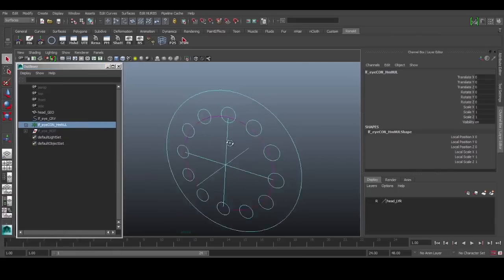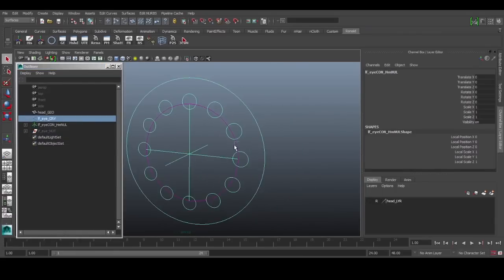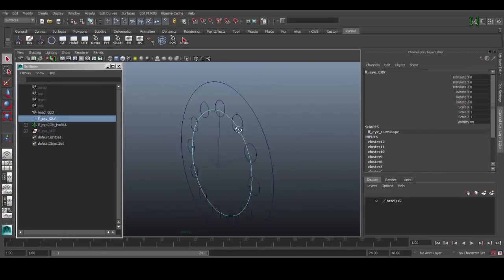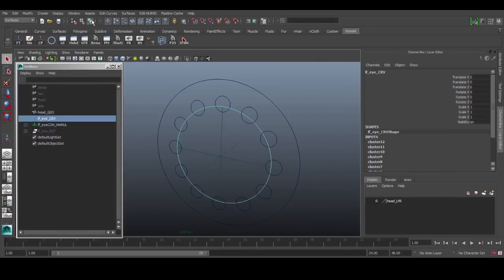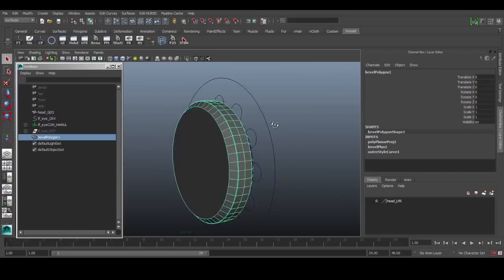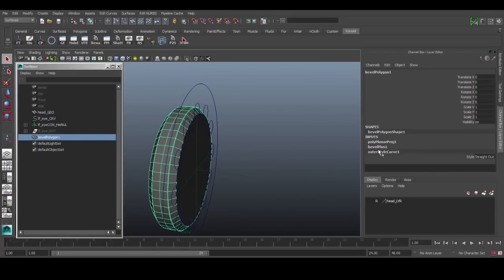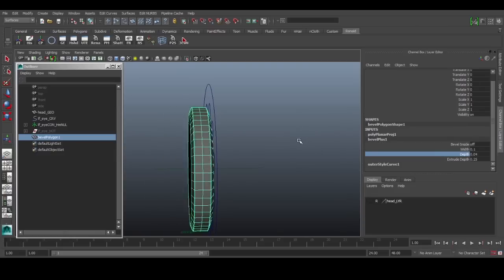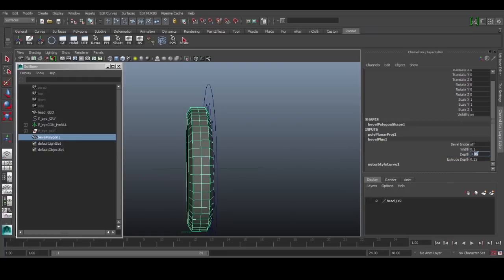All right, we haven't created the geometry for our eye, so this curve still runs as a curve on its own and it doesn't have any kind of eye geometry. So let's do that now. We'll go to surfaces here, and then we'll first select the curve and go to surfaces, and go to bevel plus. And then we'll get this shape. We'll change the out style curve to convex out. We'll just play with these settings a little bit to see if you can get some kind of rounded shape.